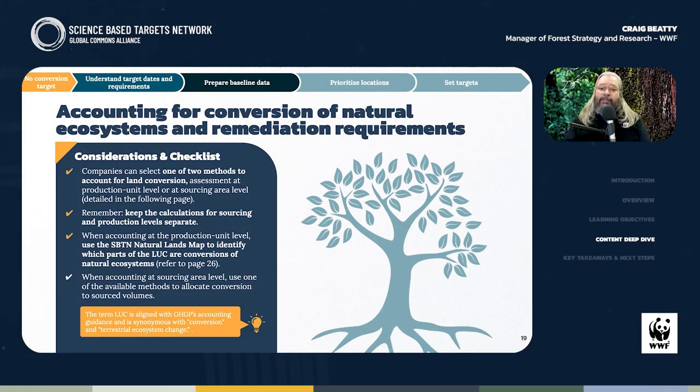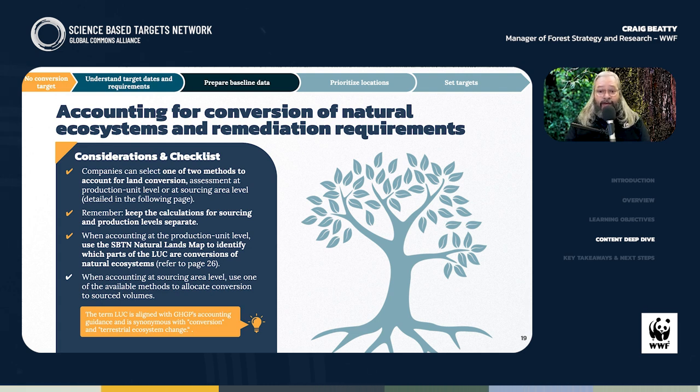In the next step, companies must measure and account for land use change in credible and consistent ways to effectively progress towards the achievement of targets to end deforestation and conversion from operations and supply chains. This process is also key to accounting for land use change emissions in setting SBTi FLAG targets. And companies that have already completed this process in their SBTi FLAG targets will find this step much simpler. As a reminder,